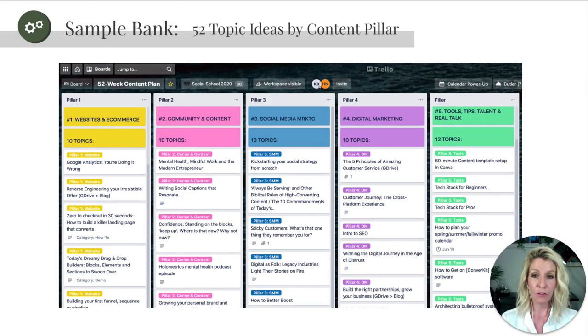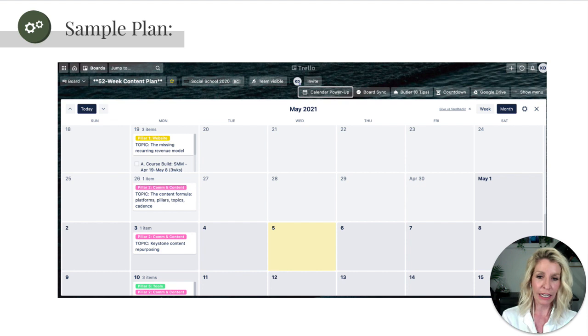One thing that I love to do is, in our content formula, we talk about creating 52 topic ideas for the year ahead. So you take your 4 pillars, you brainstorm 13 topics for each, and voila, you've got 52 weeks of keystone content. So that's where we use Trello, and the content planner does exactly that. When you look at it in calendar view, of course, you've got this visual representation of where things fall, which I find so